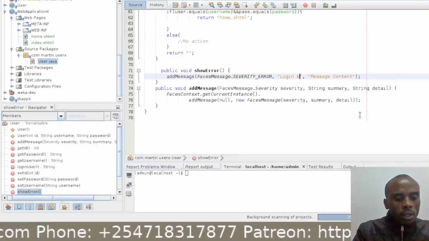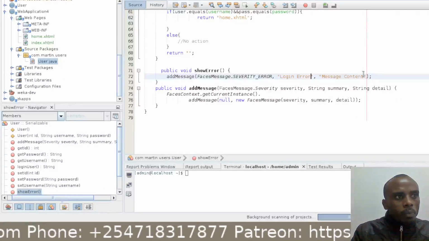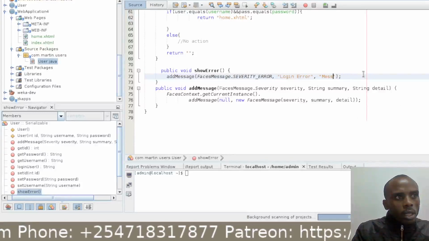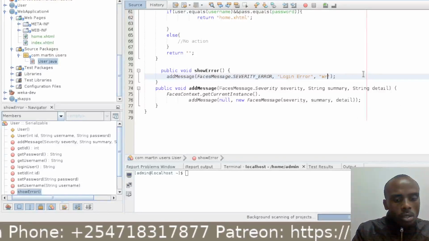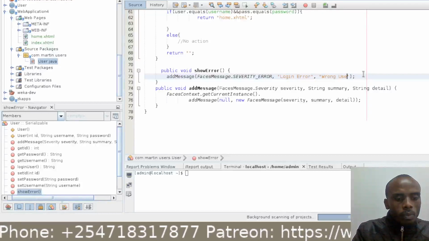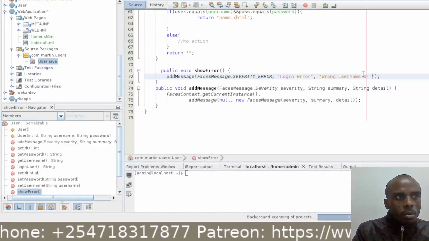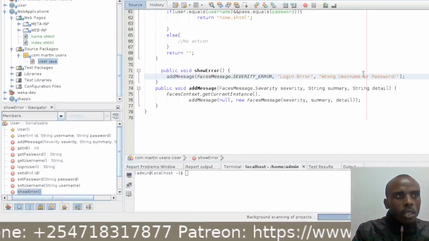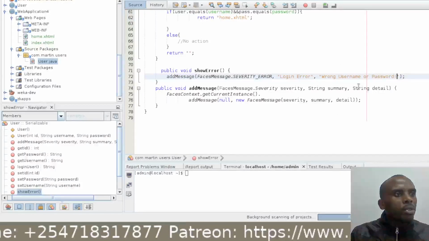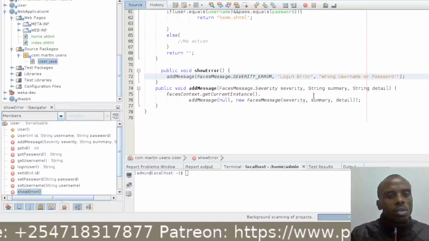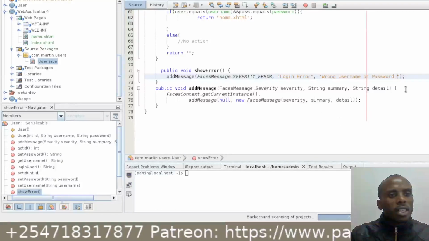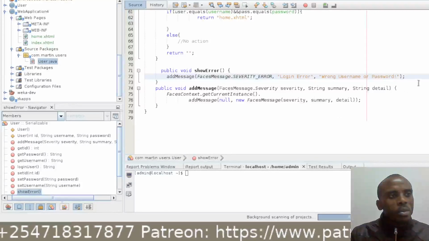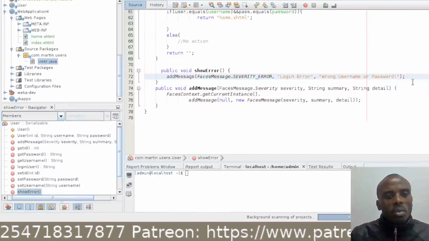Login error, and then we don't want to say specifically what is wrong, so we just say wrong username or password. That's very important for you not to say what exactly is wrong, so that those who are using brute force to attack your application should not know where they made a mistake.